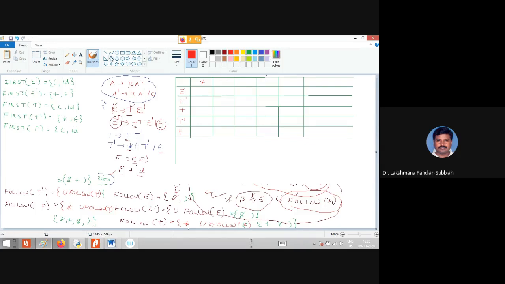First we take plus. All terminals are plus, star, open bracket, close bracket, ID, and add one more symbol, dollar also, right? All symbols including the dollar.